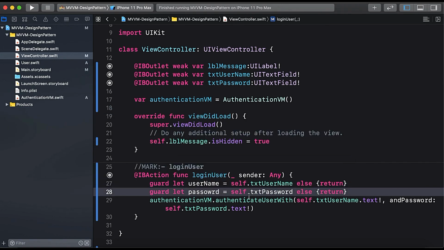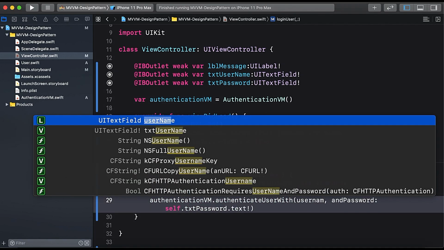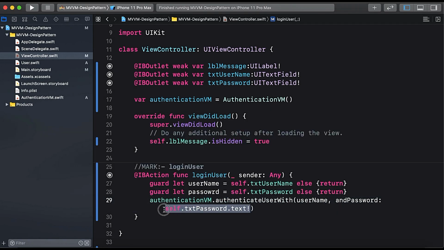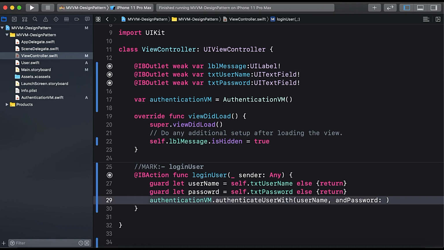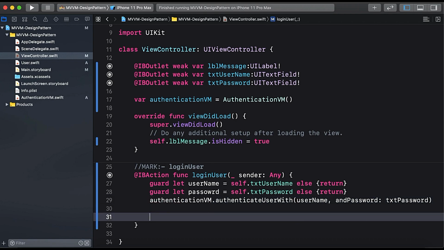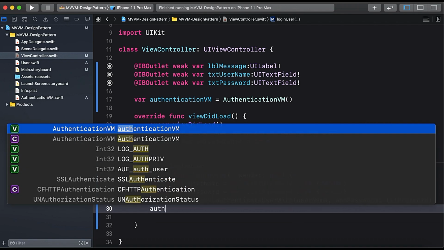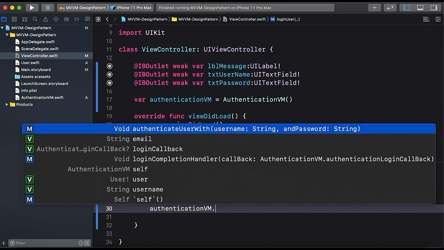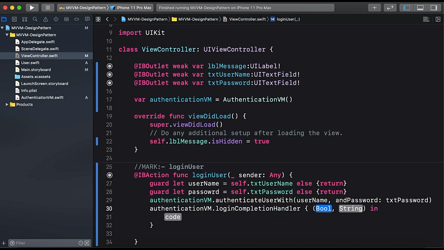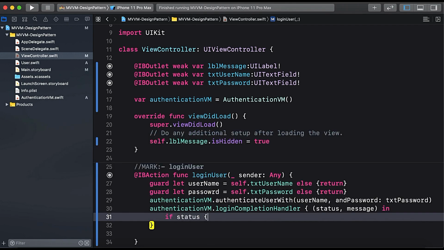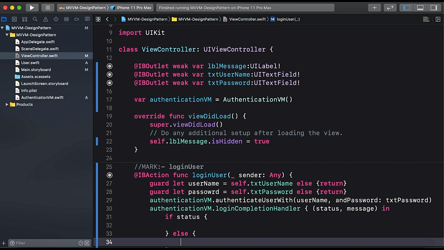We will pass the username and the password. Now here we will say authenticationVM.login completion handler, and it gives us status and message. If status is true, else we will say